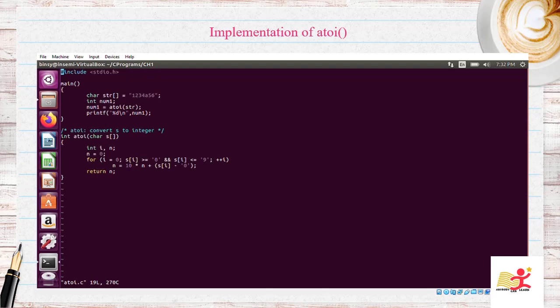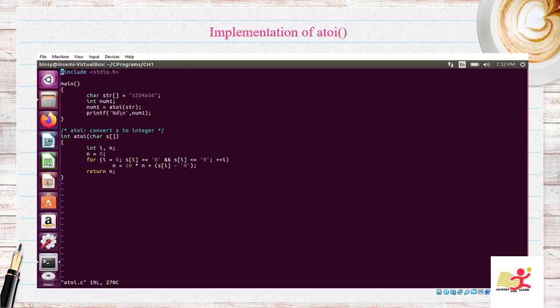It converts a string of digits into its integer equivalent. That is the function of atoi. The atoi function in the C library has a return type of int because it is converting the digits into integer equivalents, and it expects a string. So here we have int atoi(char *s). Int is the return type. It is expecting a string s.